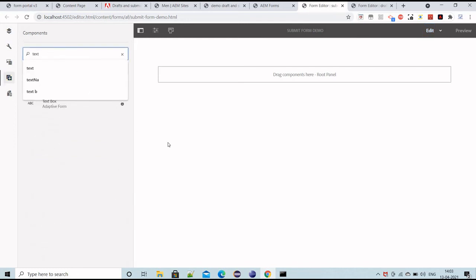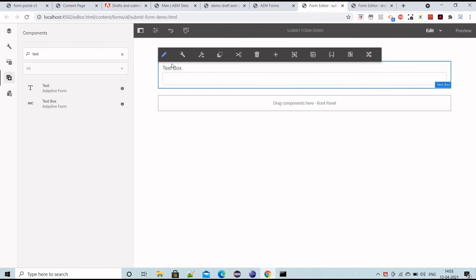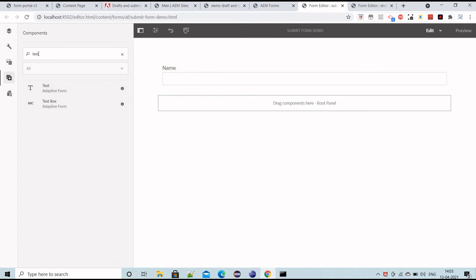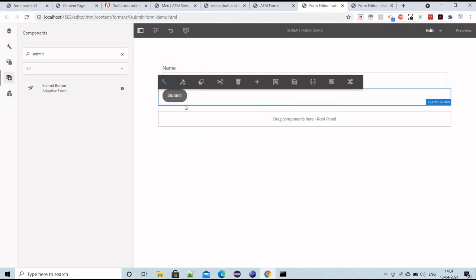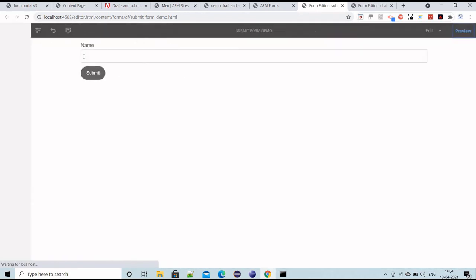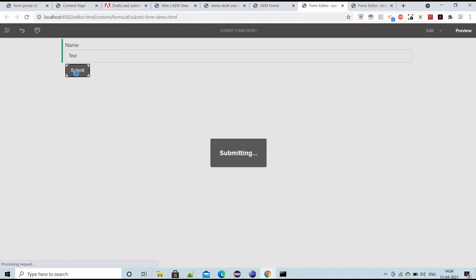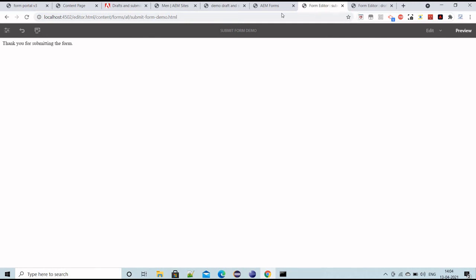Again let's put the same thing. We'll put a text box, save it as name, and this time I'm going to put a submit button here. So instead of a save button I have put a submit button. Let's preview it again, and I would say it's a test name, and I will click on submit. The data has been submitted.